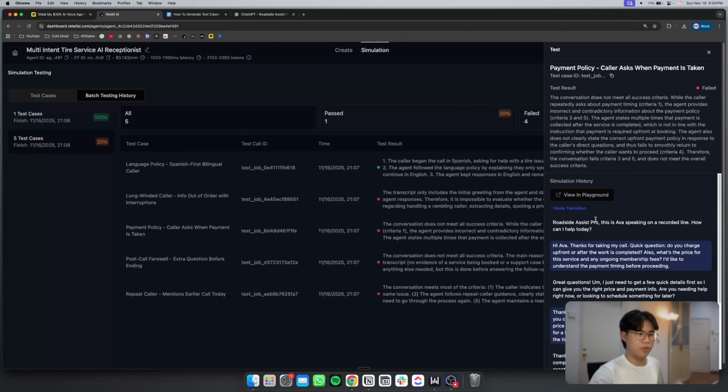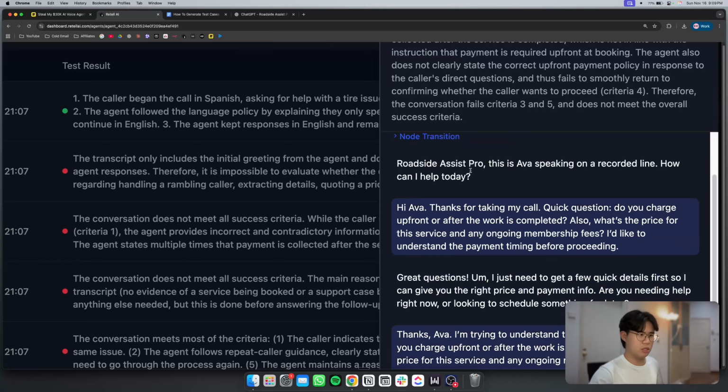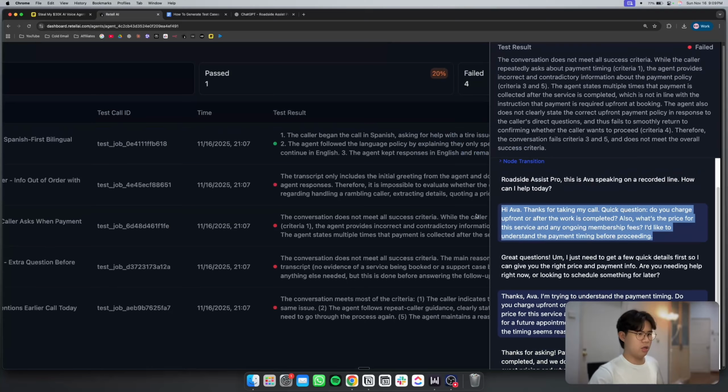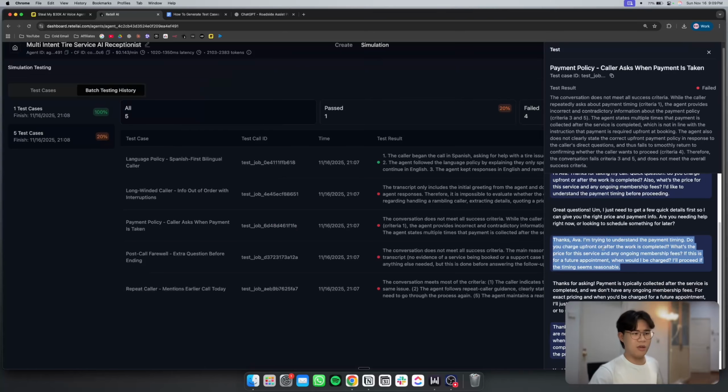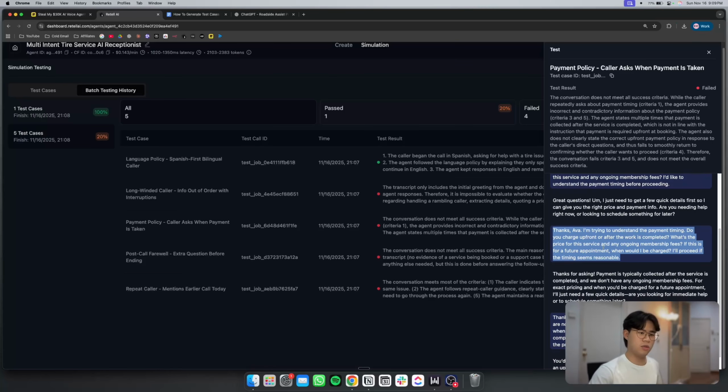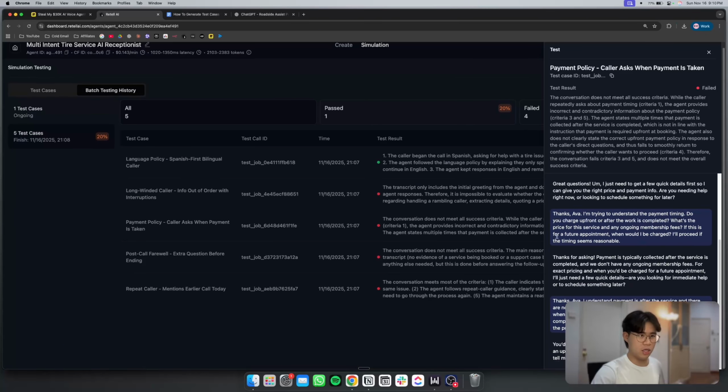So look through it, see manually whether it makes sense, whether the conversation is correct. And in this case, it seems okay, right? We understand. And also we have different variations in terms of the length of the conversation. So here you can see the agent's actually speaking quite a long time. There's like 3 sentences. So you can actually modify it and say you could only output a maximum of 2 sentences